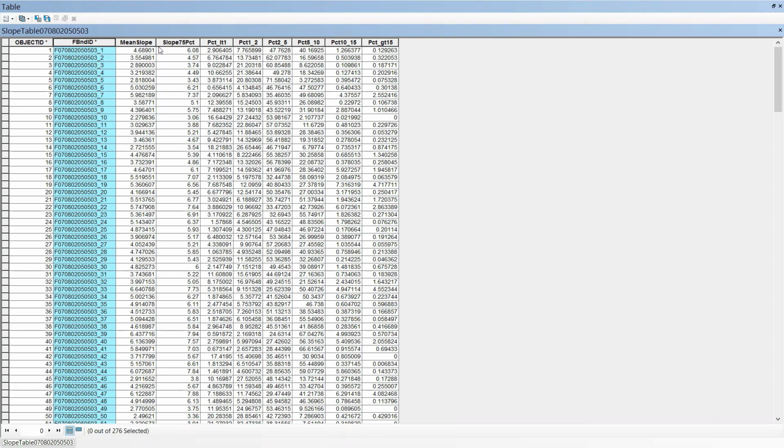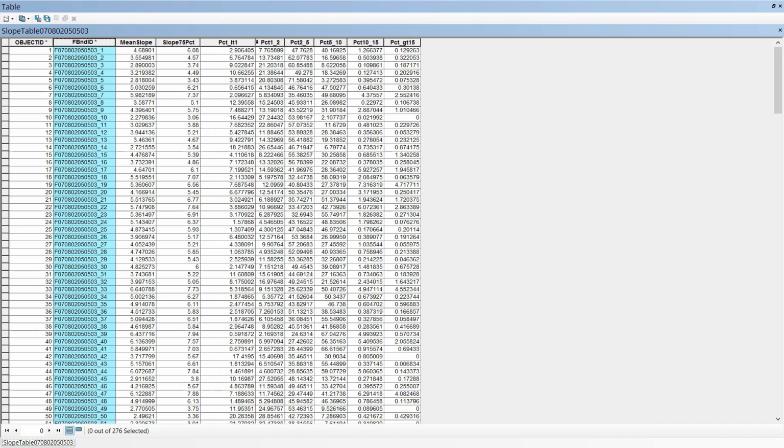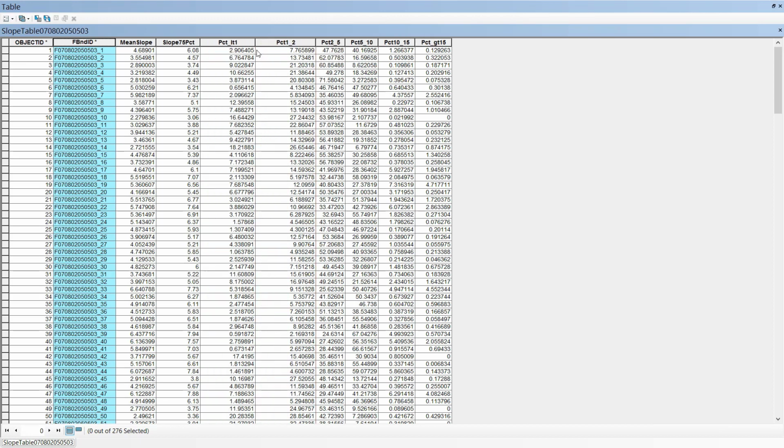We got mean slope, the 75th percentile slope, and then these classes all along here show the percent slope that was, in this case, less than 1%, between 1 and 2, between 2 and 5, and so on all the way to greater than 15%. And this will be percent of the field that is characterized within these.